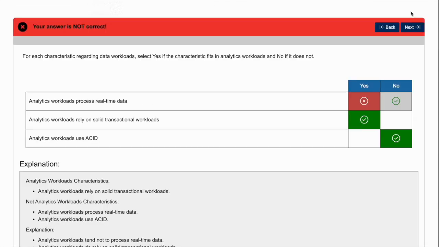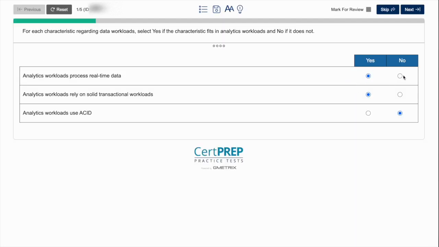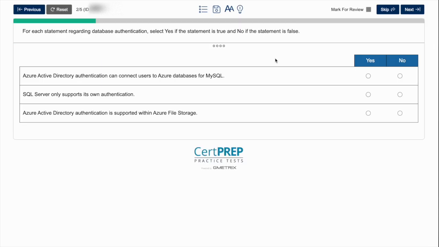No. Still, it should be no. Analytic workload processes real-time data. Okay, and then next is